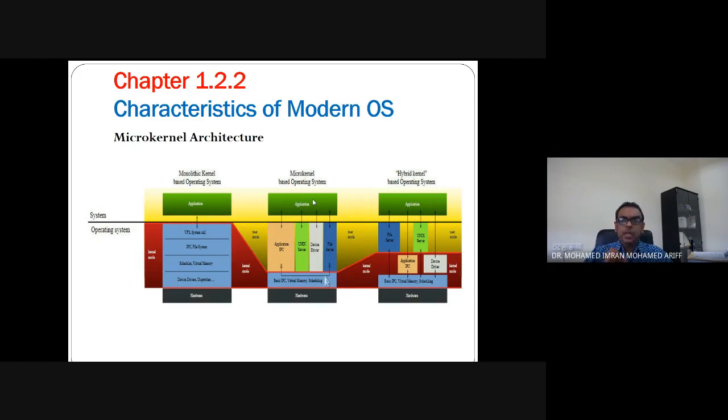But in the hybrid system, a hybrid is a situation whereby it can do a monokernel and it can do a microkernel. It can do both. Meaning you have a big software, you have a big operating system, or you have a big PC.